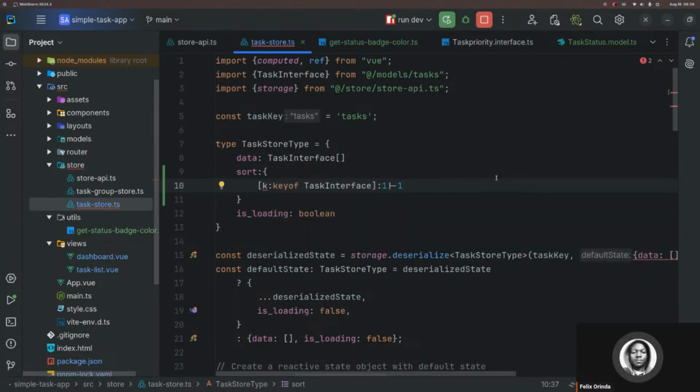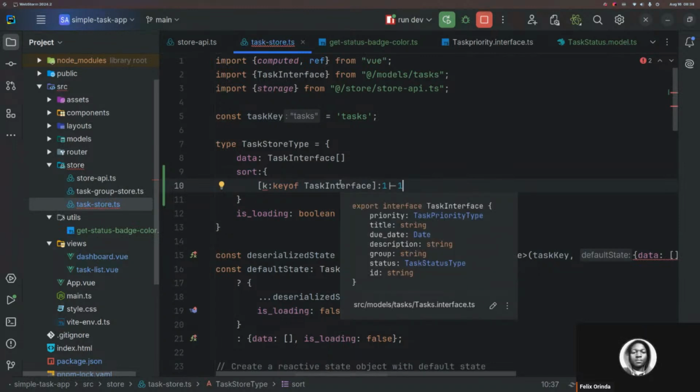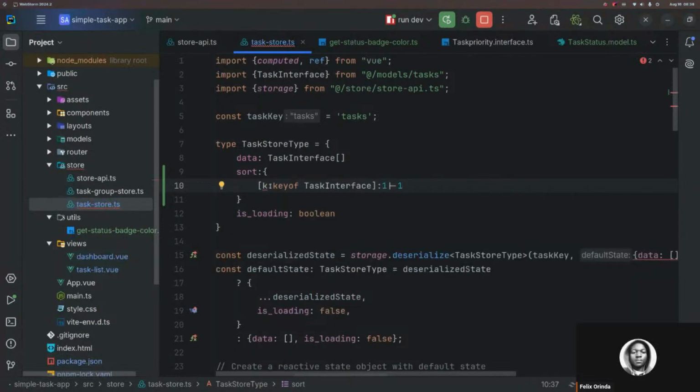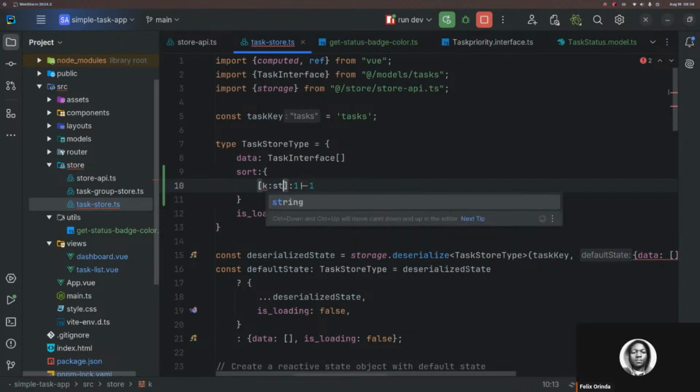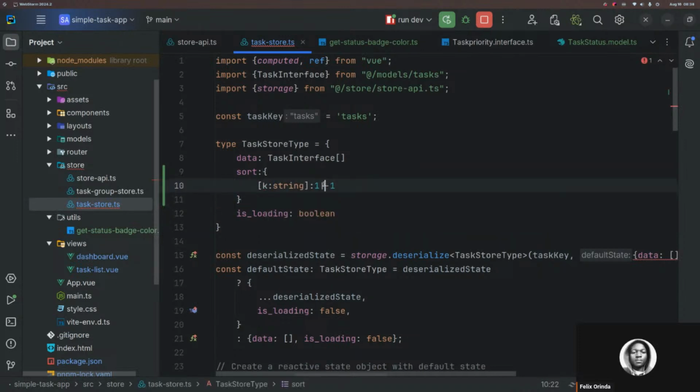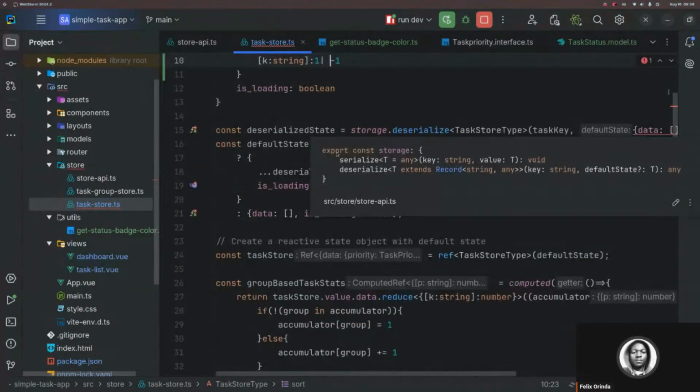So this is what is expected, but instead of going for this, we'll just have it as a string. And with that,